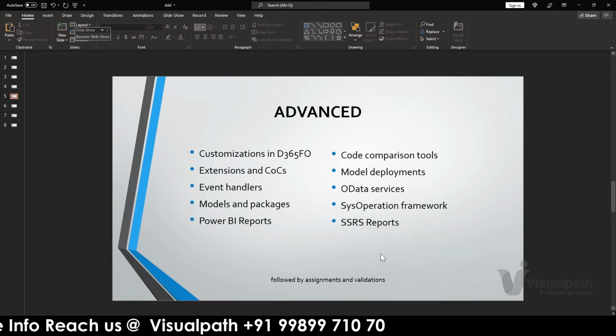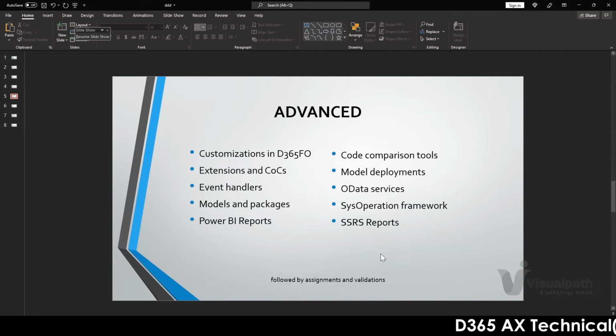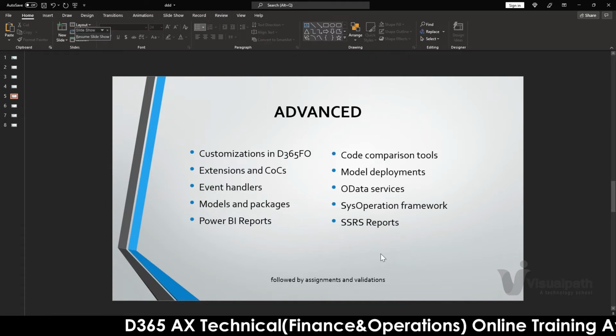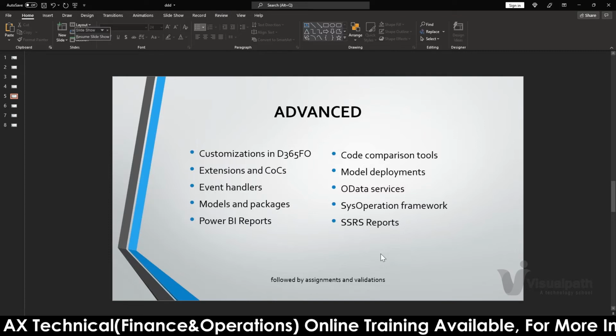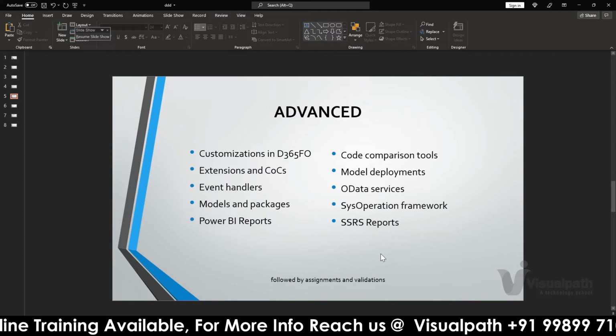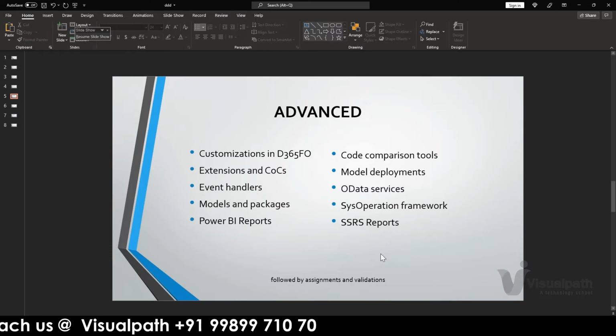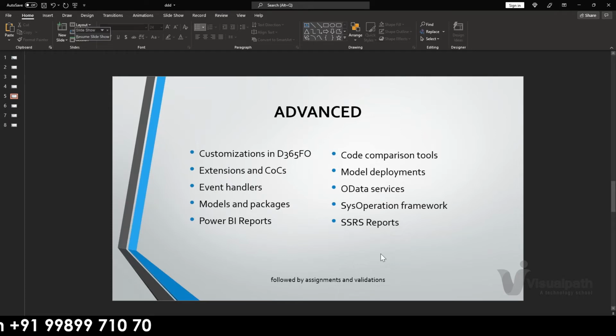And the SysOperation batch framework, so we don't have to trigger a particular process manually if it's a recurring thing. We have a beautiful framework of classes designed by Microsoft, which we can make use of and customize so that we can trigger a particular process automatically as per schedule.